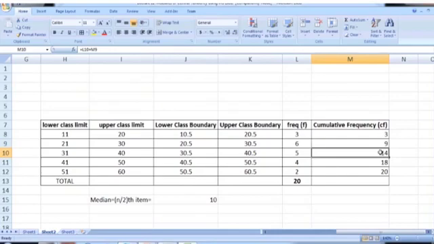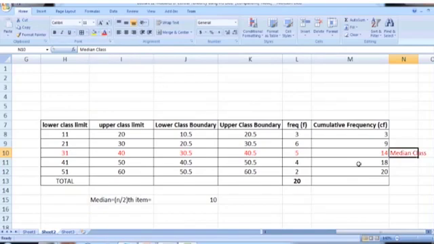So we will say that this is our median class. So just locate this number in the cumulative frequencies. The cumulative frequency where this number falls will be our median class. So this is our median class.